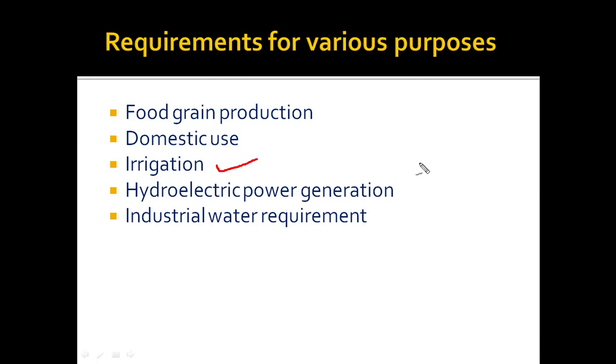Many parts of India don't receive an equal amount of rainfall. There is imbalance. These areas are provided with water with the help of artificial modes of irrigation. India is also bestowed with numerous rivers, and these rivers become the primary source of hydropower stations that generate electricity. Followed by that, industrial water requirement. India also uses a lot of water in the industrial sector, mainly for the manufacturing process. This is the list of requirements for various purposes on a large scale.